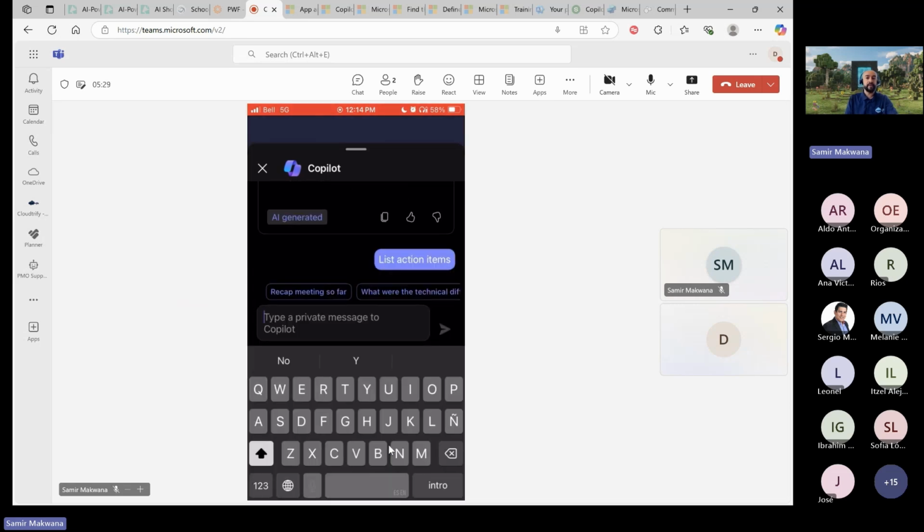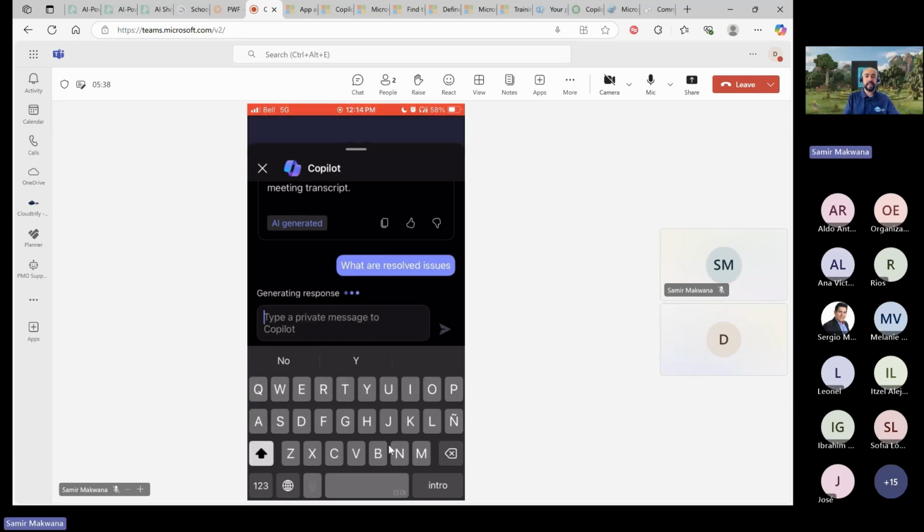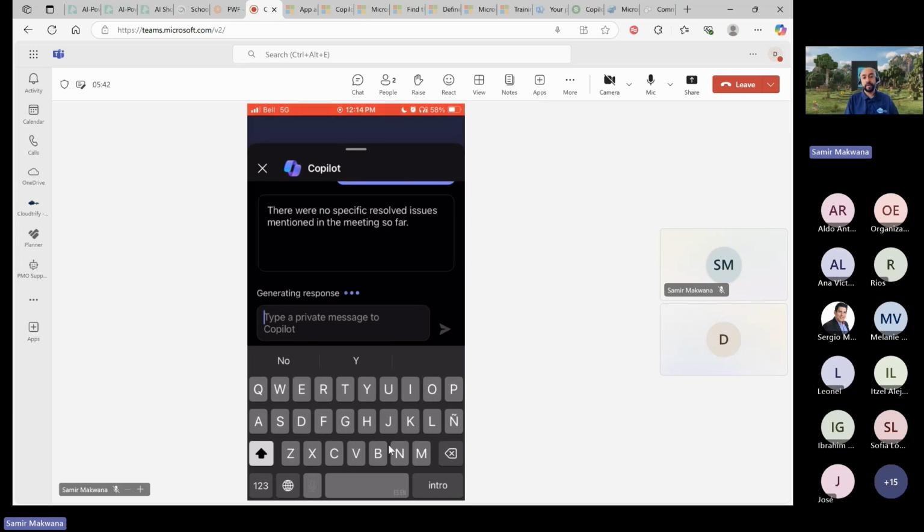Also, I can write down what the unresolved issues are. Let's see. It might not pull unresolved issues, but if there are one or two, it should pop that information out as well.